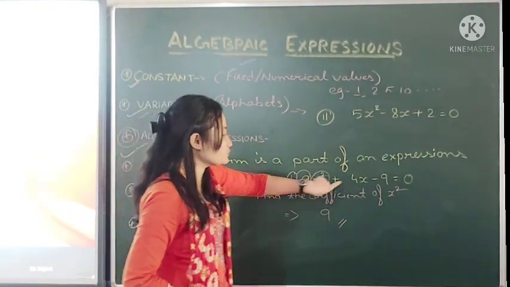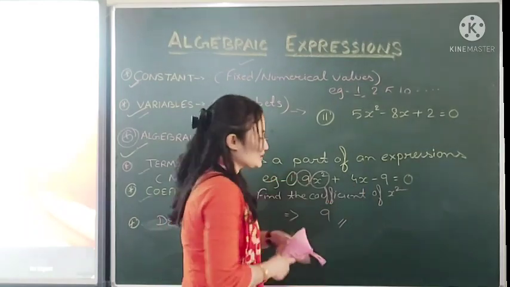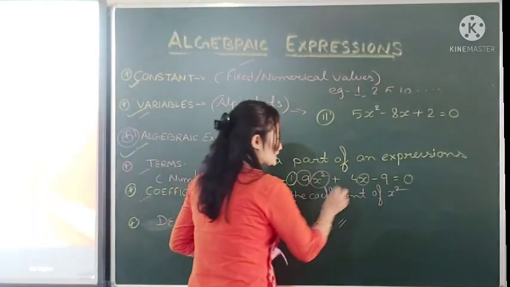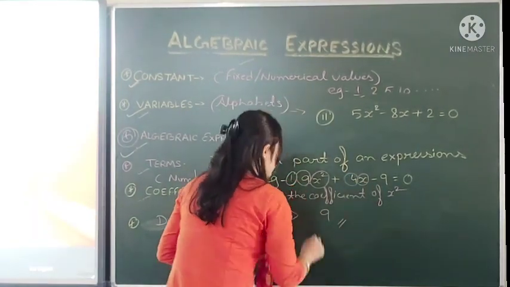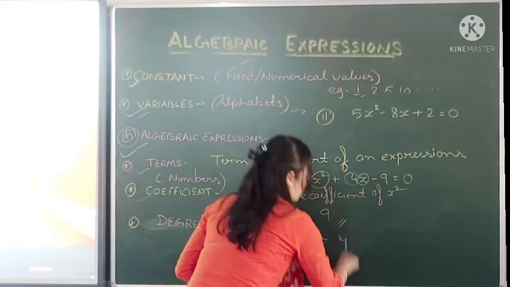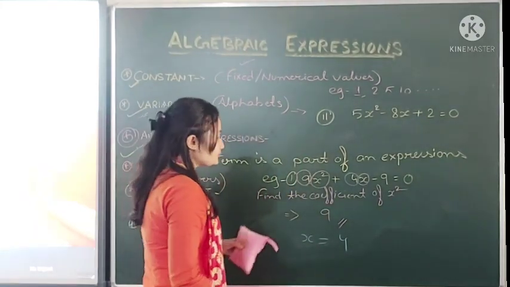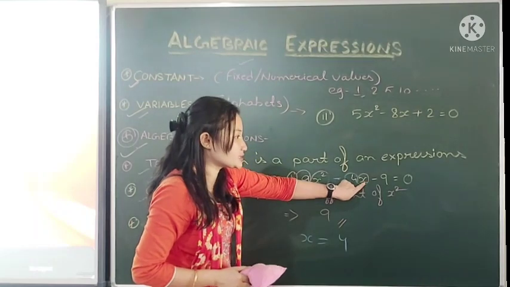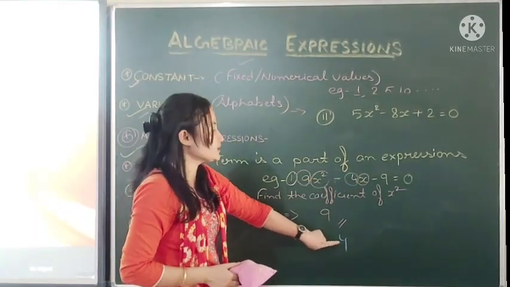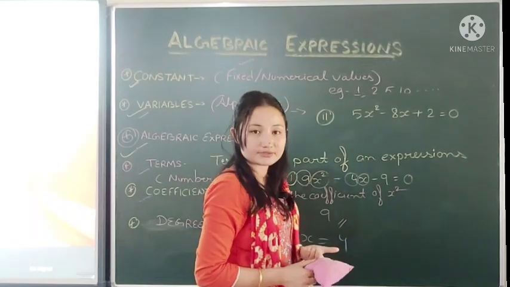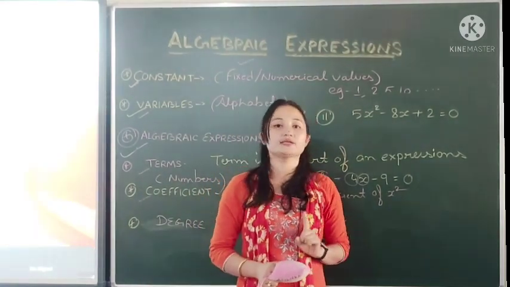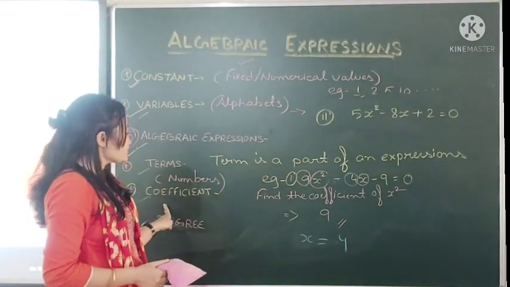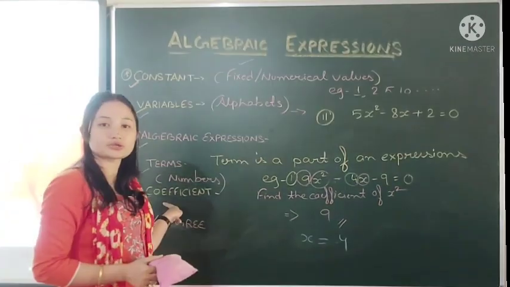Same way, if you get a question to find the coefficient of the x variable, what is the number we are getting along with x? We are getting 4. That means the coefficient of x equals 4. Suppose we had a negative sign, then the coefficient of x would be minus 4. As I have already cleared, if you get a negative sign, you need to carry the negative sign in terms and also in the coefficient. Dear students, hope the term coefficient is clear.